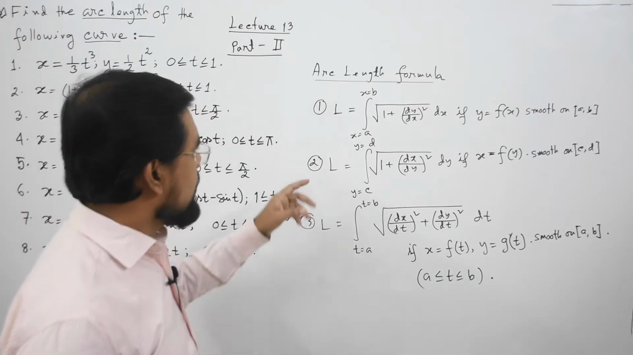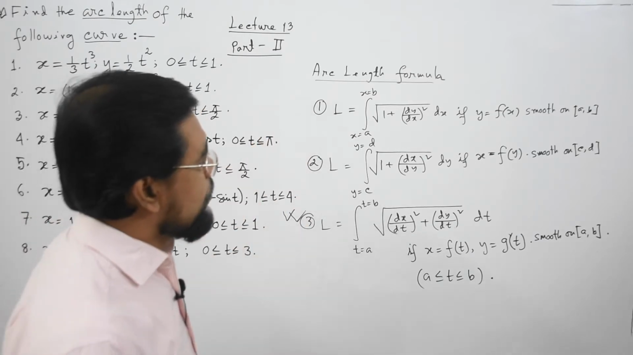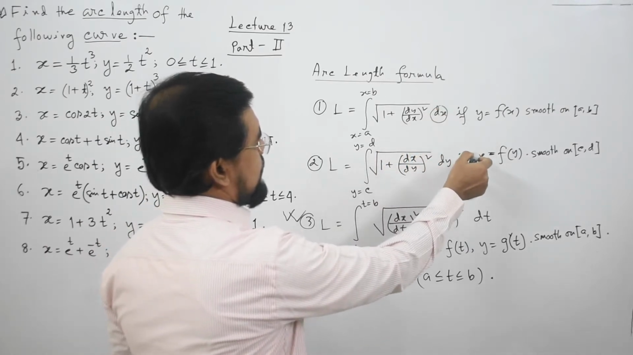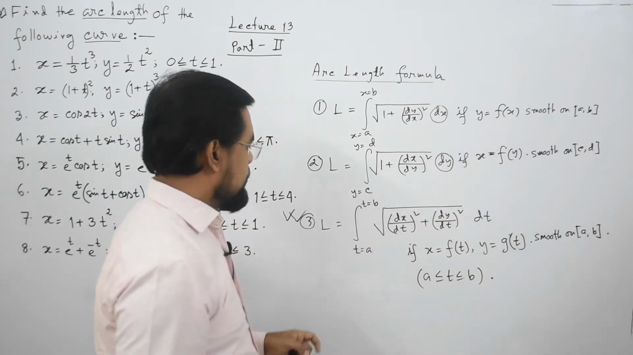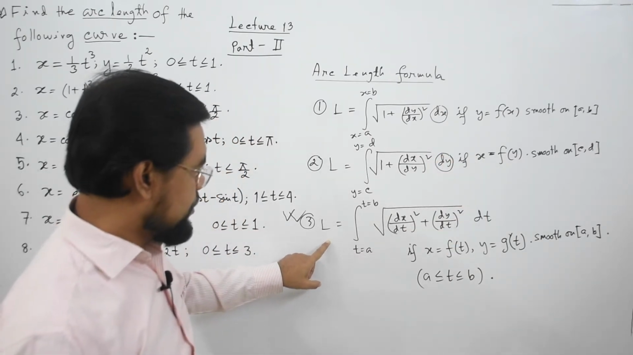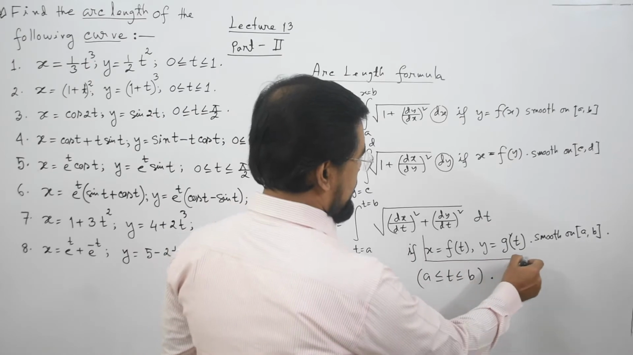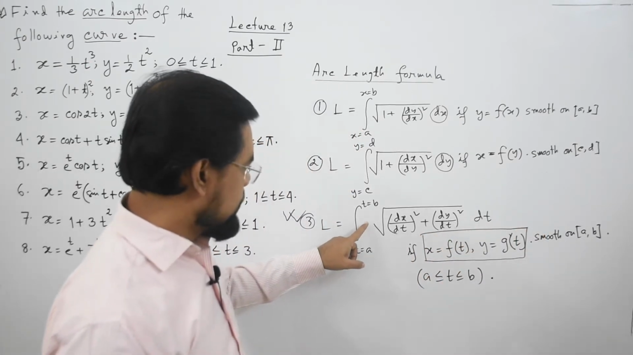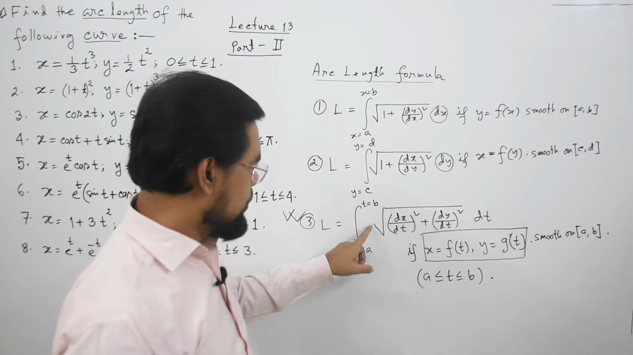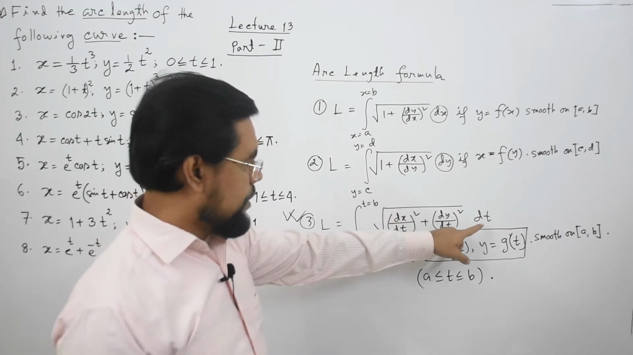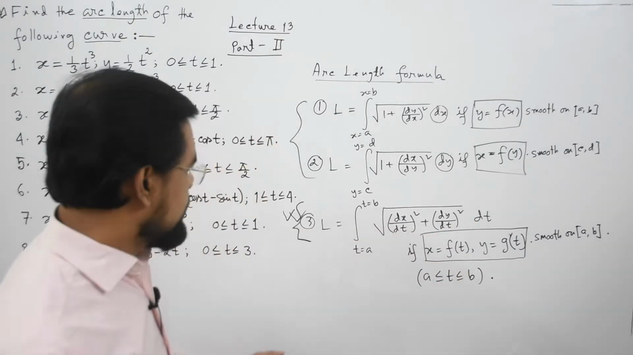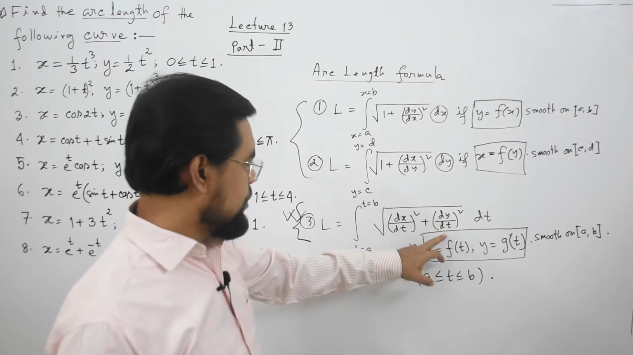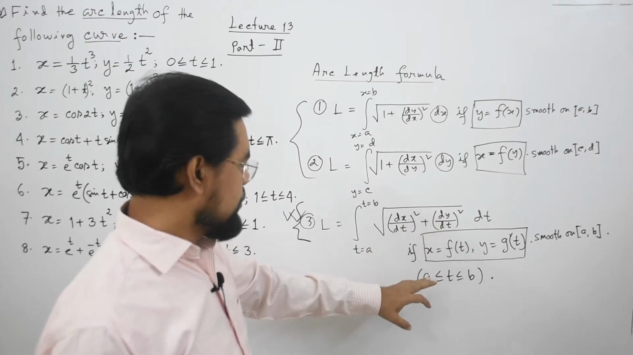And note that formula 1 and 2 were integrating with respect to x and integrating with respect to y, but formula 3 is related to the parametric equations. Here t is a parameter and the integration is on t. You need to integrate with respect to the parameter. Here you also need to note that the derivatives dx/dt and dy/dt need to be continuous on